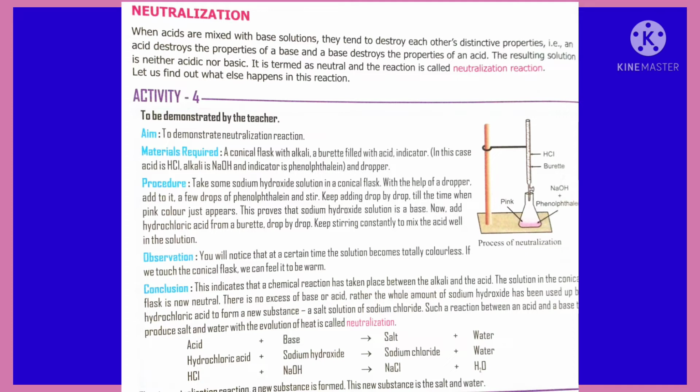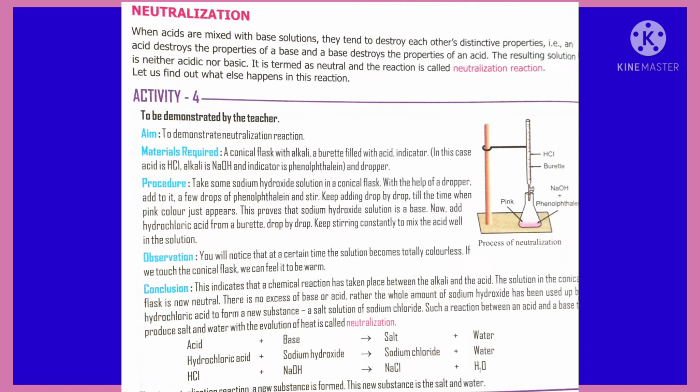Here the materials required are a conical flask, alkali, a burette, acid and phenolphthalein indicator. Now you are going to take sodium hydroxide base in a beaker. Now what you are going to do is add a few drops of phenolphthalein indicator into the beaker